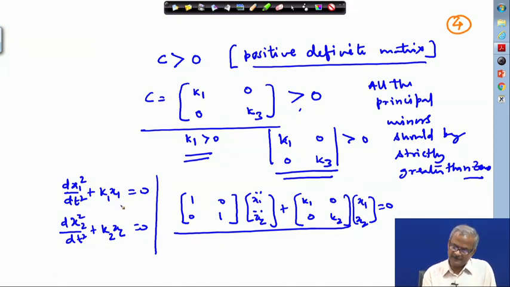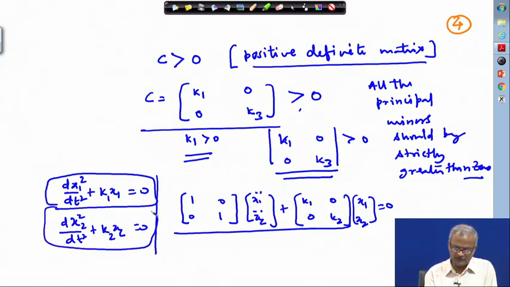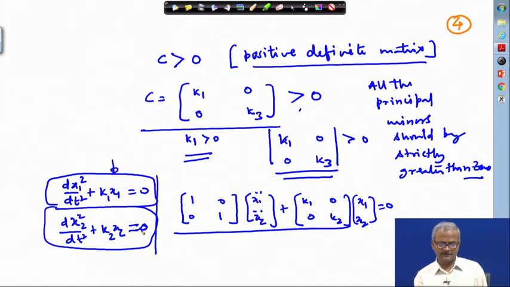So, for stability what is required? This will be stable in the sense of Lyapunov, as you know that the poles are lying on the imaginary axis. Or we say this is statically stable. If this sign is plus here, only then this will be stable, otherwise it will diverge. If there is a minus sign here, it will diverge. Similarly, here if there is a minus sign, it will diverge. So, what is required is that both these signs should be positive.